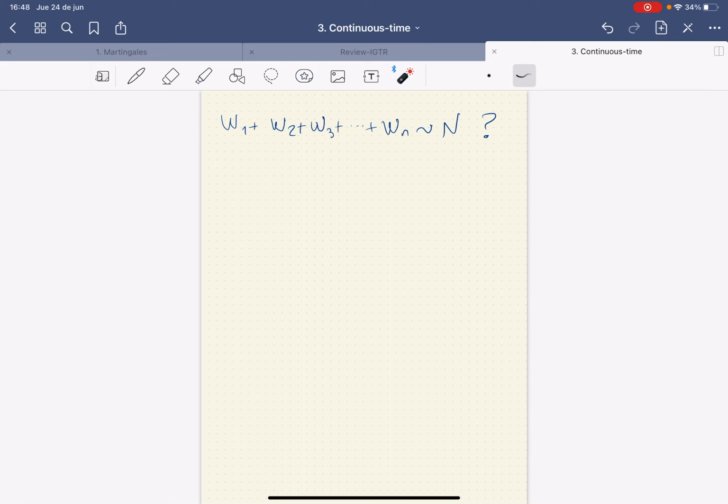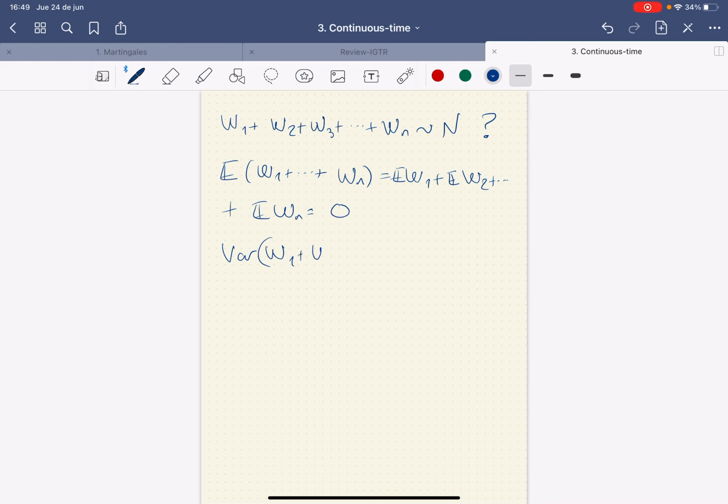Now, how to see that the expectation is actually 0? Well, the only thing we have to do is to use the linear property of the expectation operator and write just the expectation of W1 plus the expectation of W2 plus dots plus the expectation of Wn. This is just the sum of a bunch of zeros, and there we go. Now, to see that the variance is given by that formula there, the only thing we have to do is this. Well,